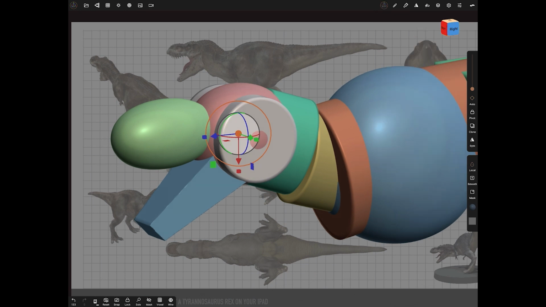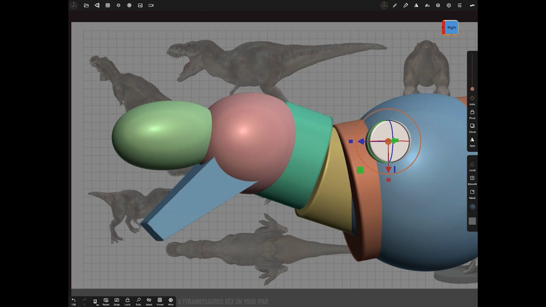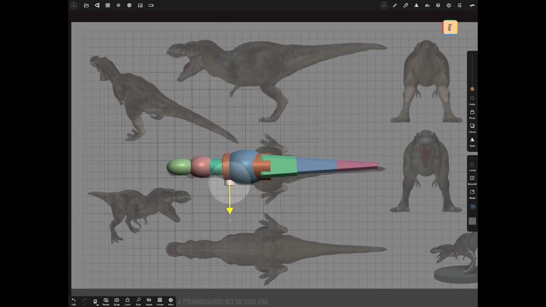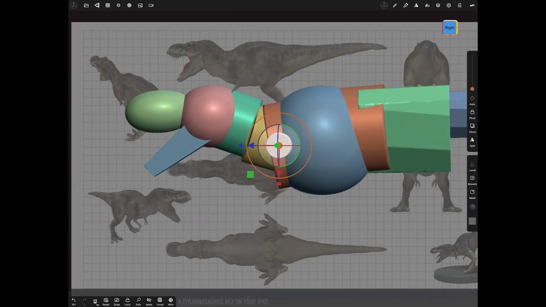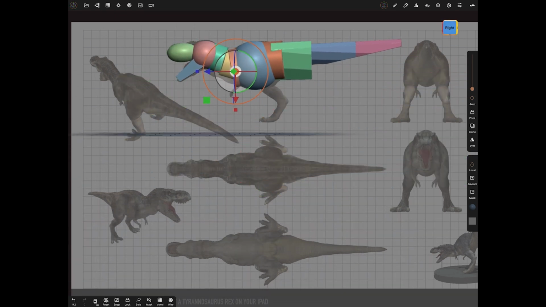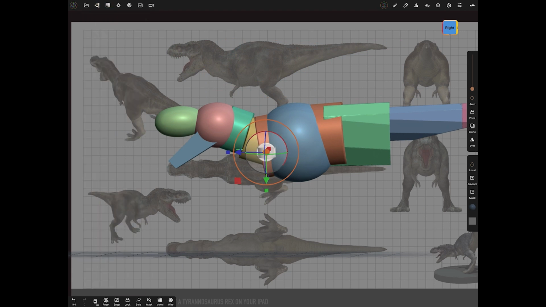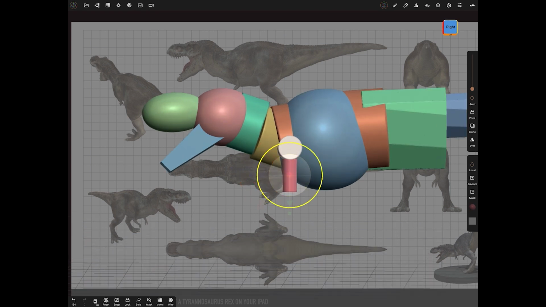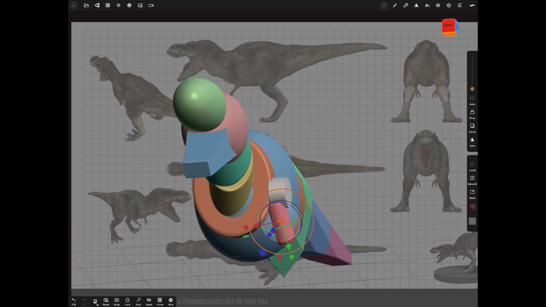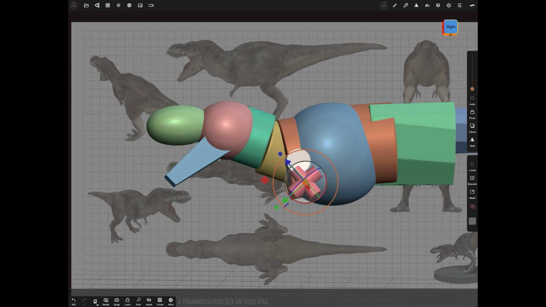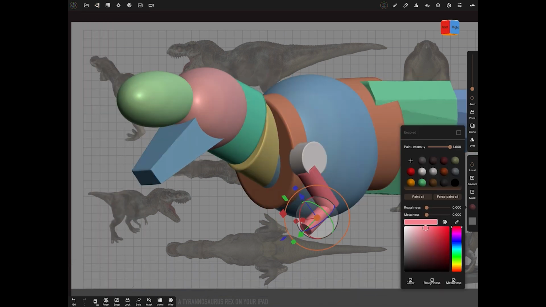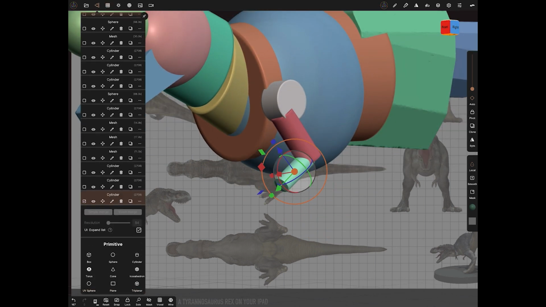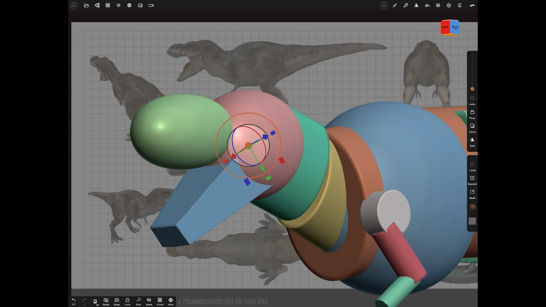So next, I want to work on the shoulder. The shoulder is obviously what holds the arm, and the rotator, just off the shoulder blade, is quite an important landmark because it sticks out. It's quite bony and it carries a lot of muscles on a lot of creatures. Oddly, with the T-Rex, it's got those tiny little front arms. And again, this particular one that I've built is not very accurate. It is based on quite a few different dinosaurs, not just a T-Rex. So it would have